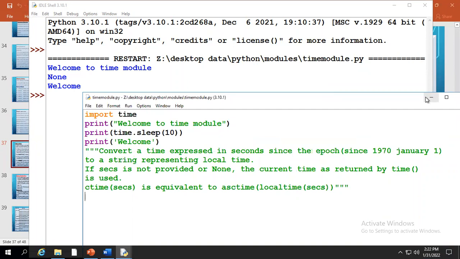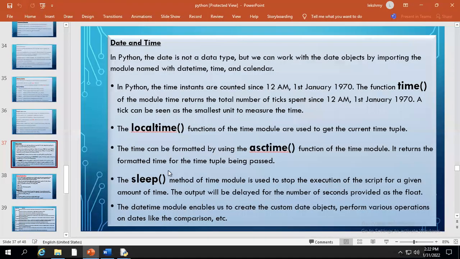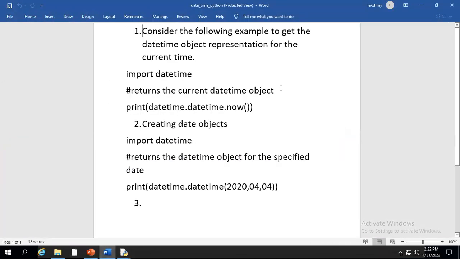Okay. So this is about your time module. And next we have the datetime module, which enables us to create custom date objects, and it performs operations on the dates. Okay, so how this datetime is working is, so if you want to get a datetime